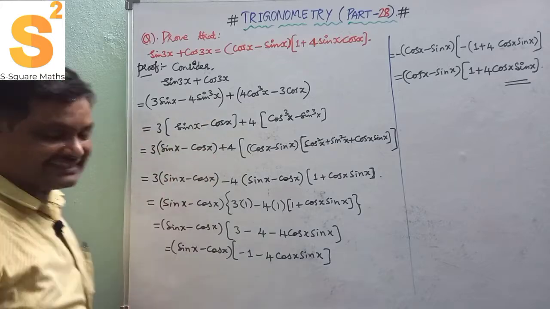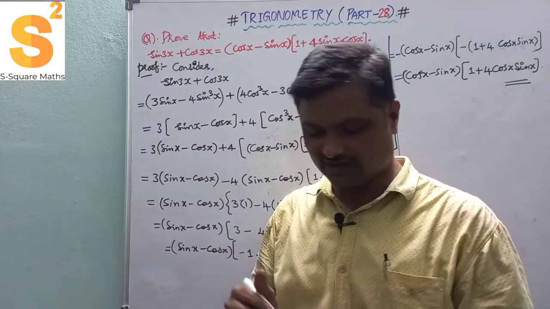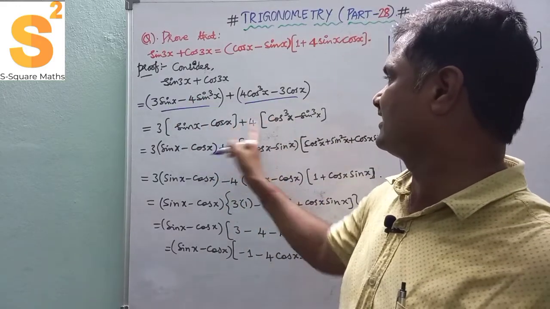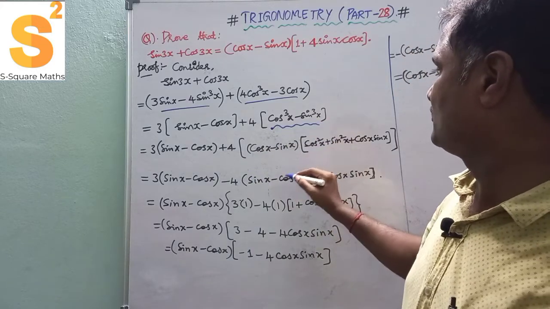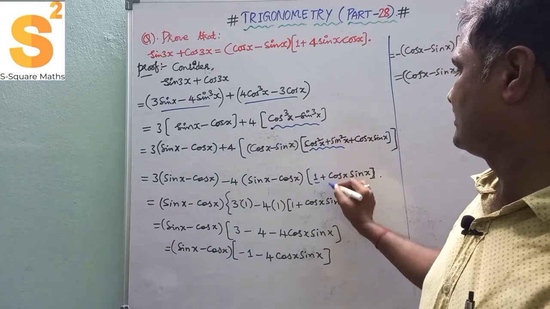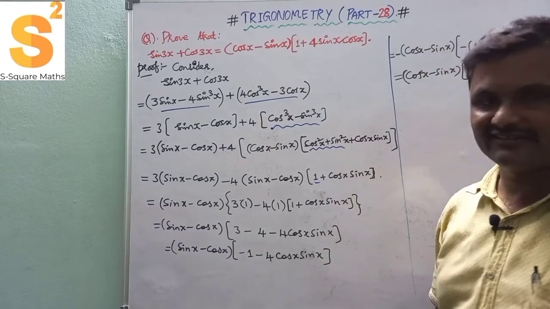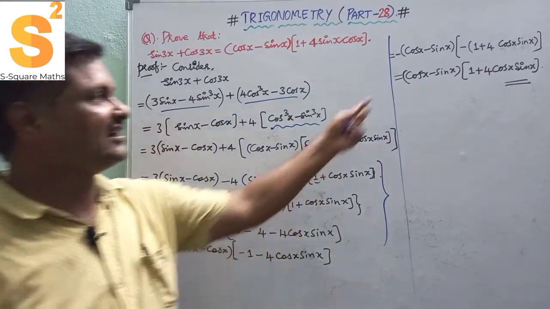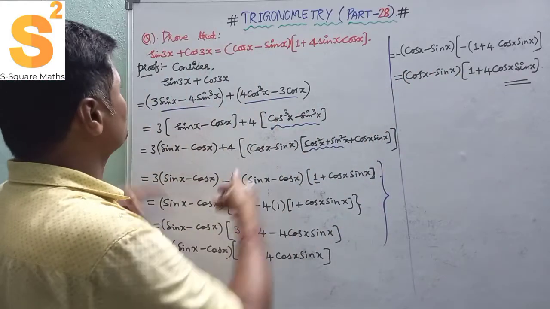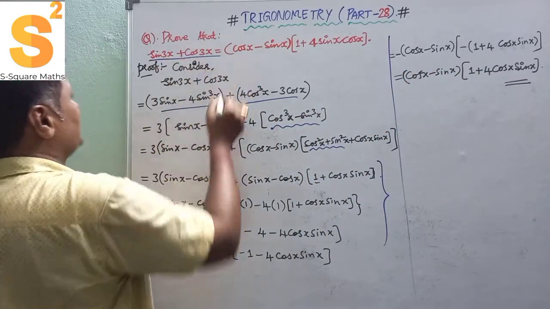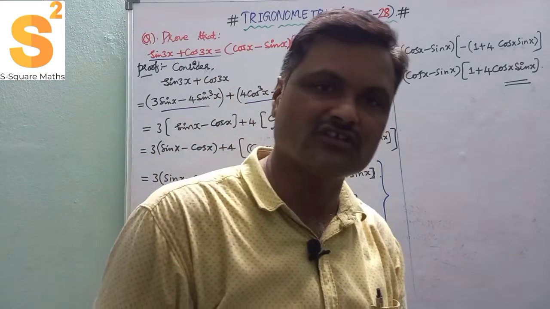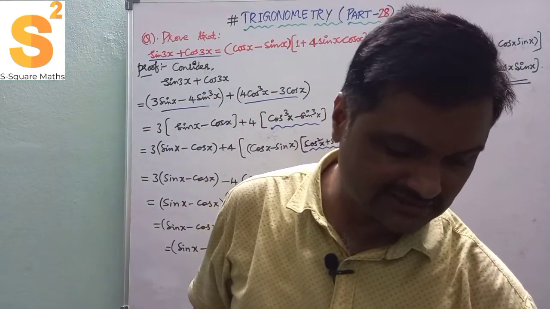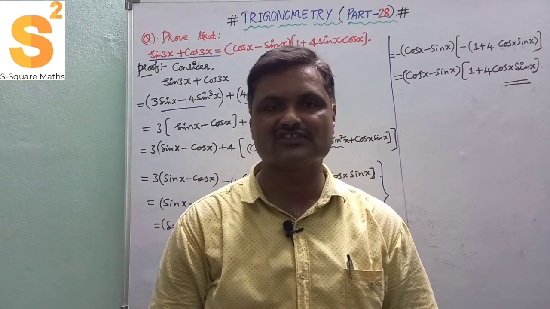So nothing new here, you just have to apply the formulas for sin 3x and cos 3x. Next, taking 3 as common and applying the a cube minus b cube formula, and here applying sin square theta plus cos square theta. So like this, and these are very basic steps at the 8th students level, and finally getting the result. So this is a proof connected to sin 3x and cos 3x, their sum, applying this formula. So this may play an important role for intermediate students and MSET, sometimes JEE Main students. Once you have the total look,